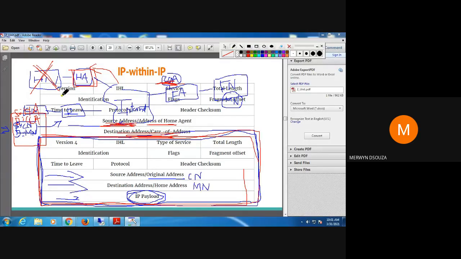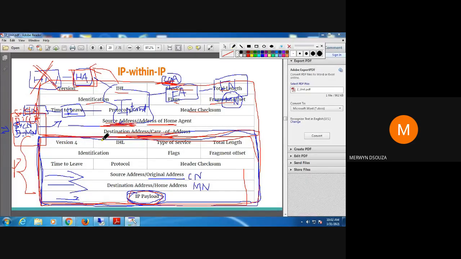And along with that, there are these other fields: version, IHL, service, and all these things. Okay, that is the IP packet format: checksum, and all these things. And it puts this header and the payload now. See here, you have seen, no? This is the payload. So for this thing, this is the header part. What is the payload part? This entire thing will be the payload.